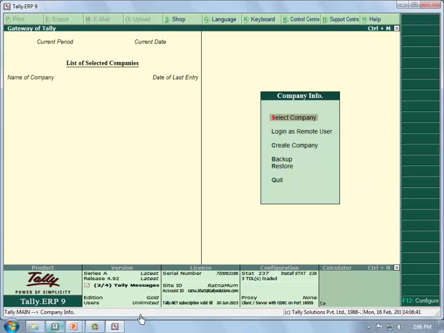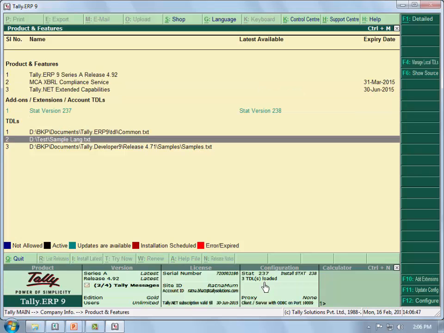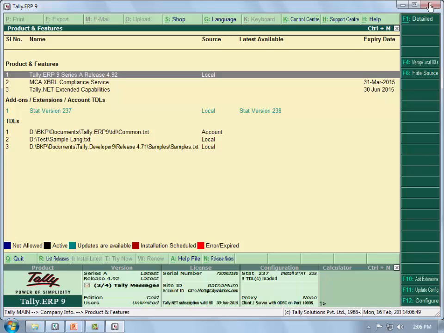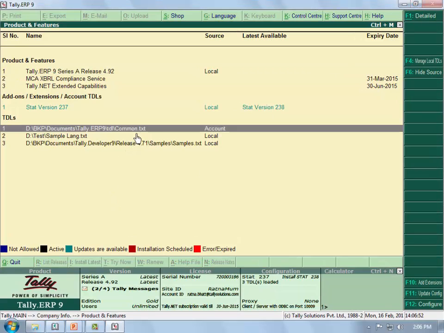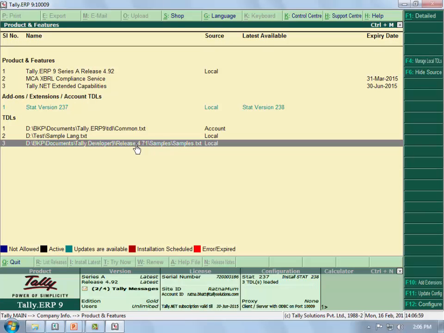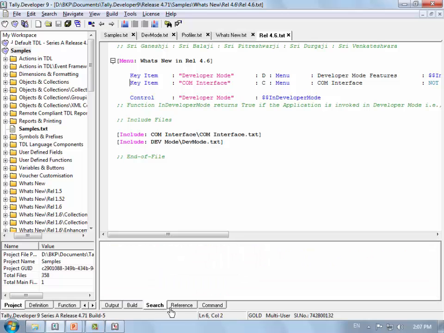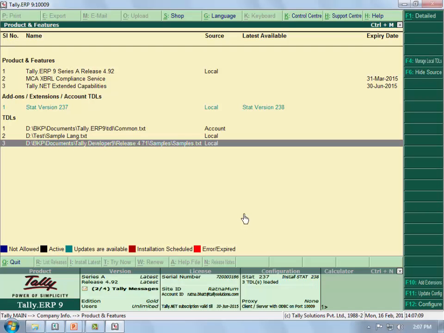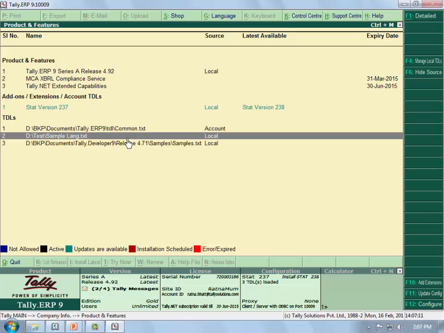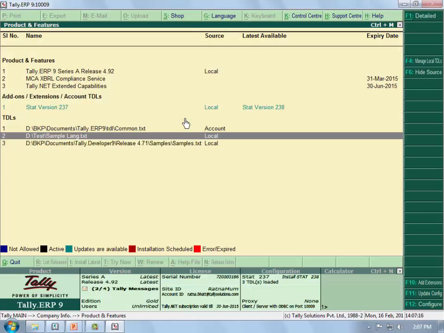You see, right now we have 3 TDLs and one TDL is from the Lang folder. Now you'll be able to see, this is from the account, this is from the INI, and this is from the execution of the text file, the project file from the developer application. So what will happen is, when we give the command line parameter, the one which has been added in the INI will get unloaded.